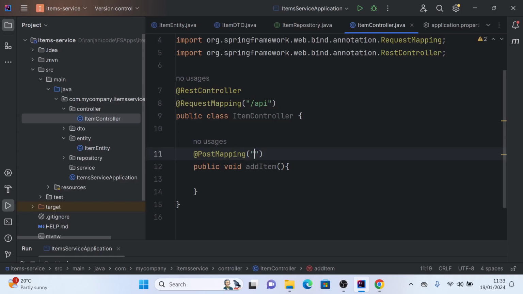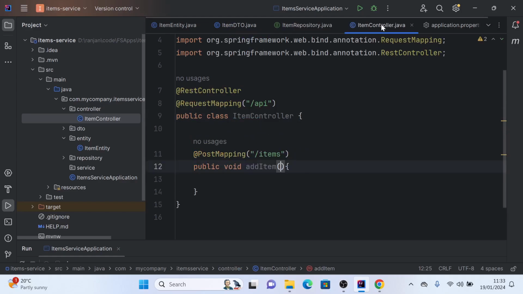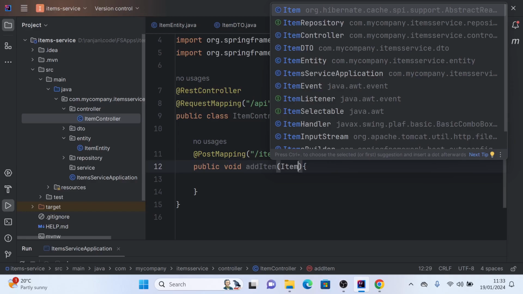So I will give a URL to uniquely identify this. So I will say items. So now our URL to access this particular method will be slash API slash items. And in the request, we will get a JSON object, and that JSON object will come in the form of these fields because we decided to keep item DTO to work on the controller layer. So I'll say item DTO,